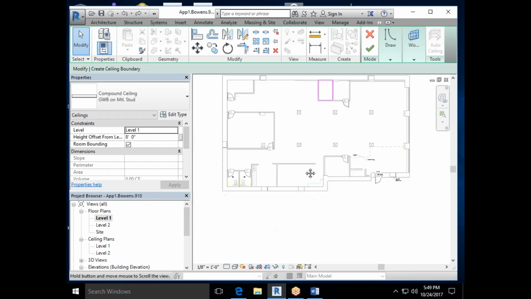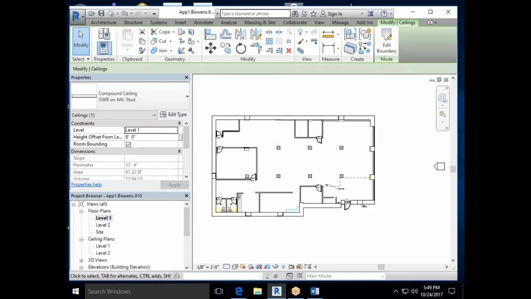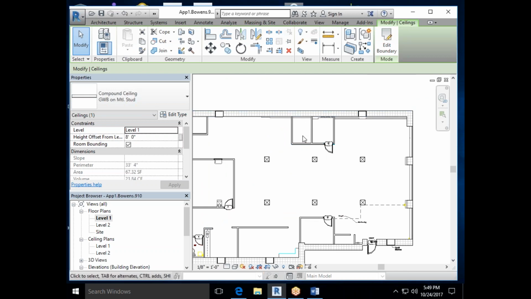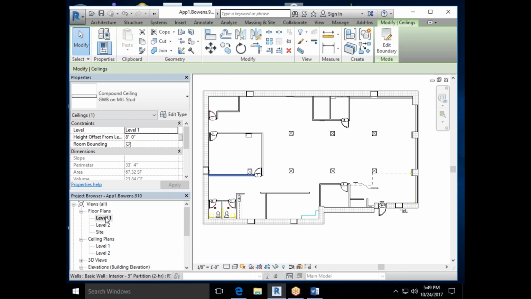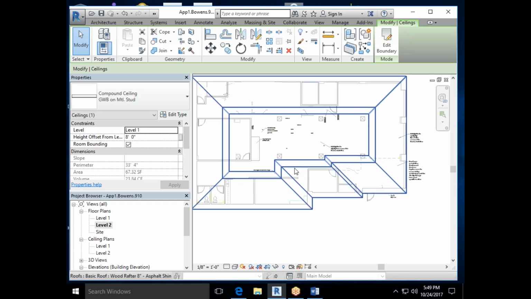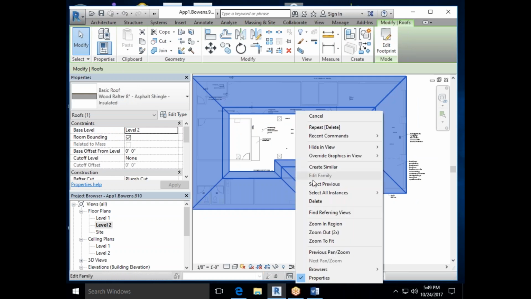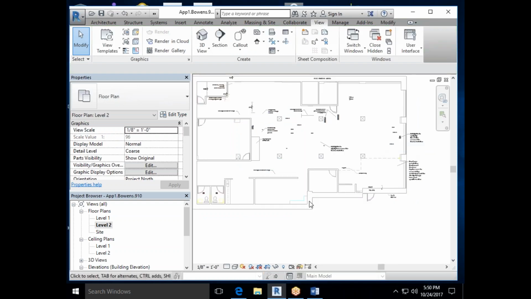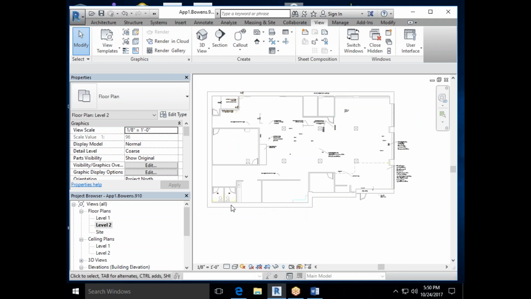And really, now that I'm looking at it in here, if you hit check, then it's permanently your ceiling. You just can't see it unless you add a pattern. I'll show you how to add a pattern in a little bit. But really, we could have either put it on level 1 and moved it up to the 10-foot height, or more reasonably, if we wanted to go into level 2, and we could hide this in view, her roof, for a minute, we could do level 2 at an offset of 0, so it's on its very own level